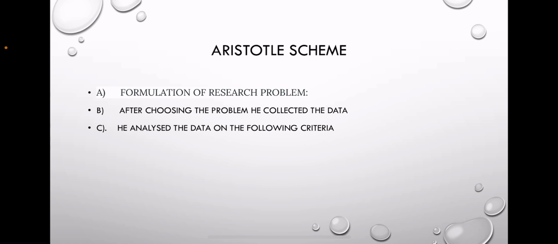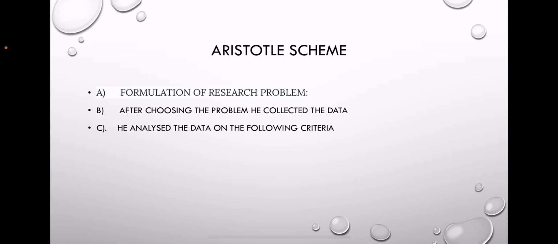In the first category, he formulated the research problem, raising the question of which constitutions are more prone to revolt, or what are the causes of political stability. The second was that after choosing the problem, he collected the data. So he searched through 158 states